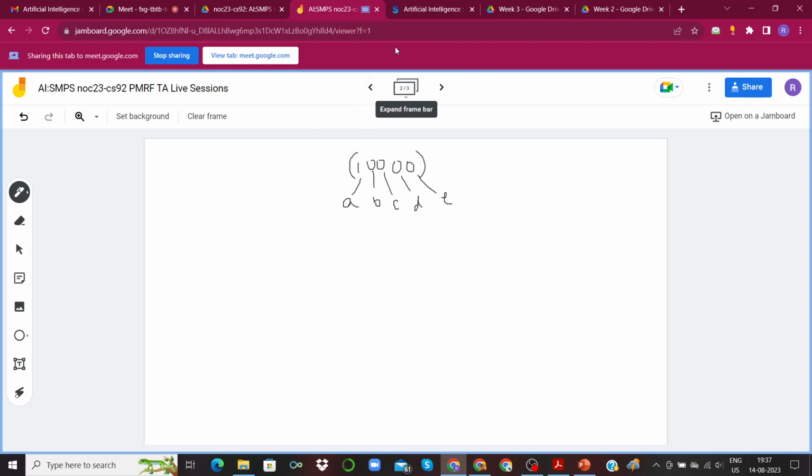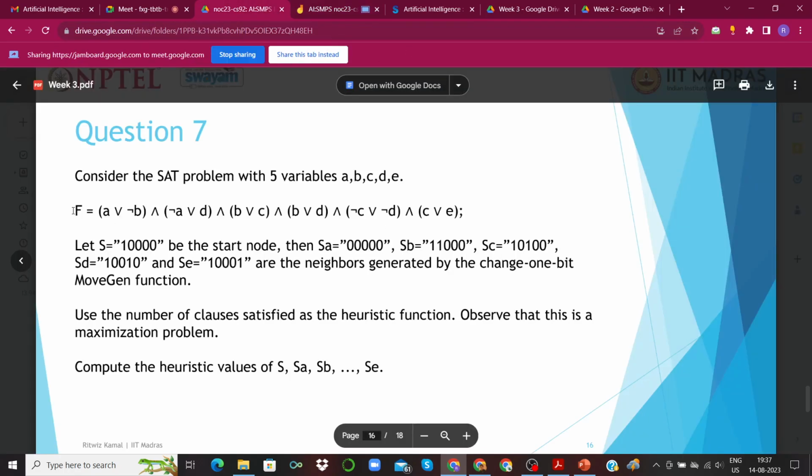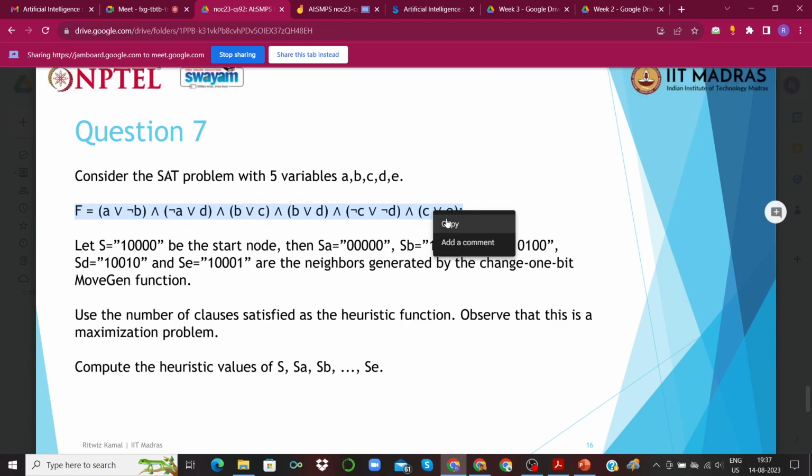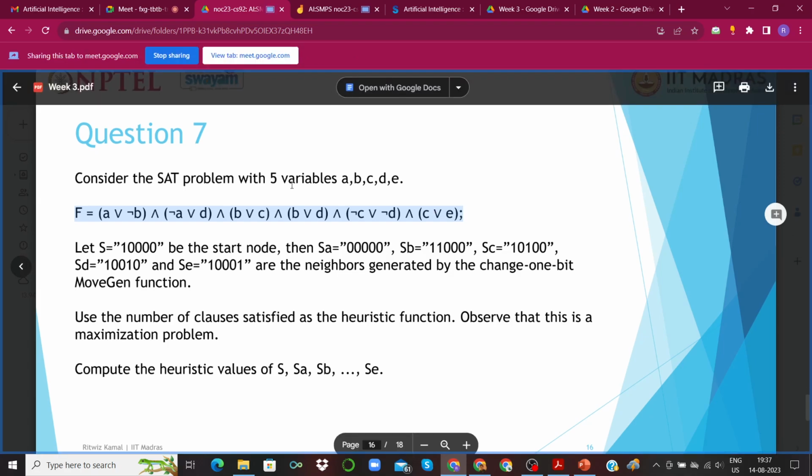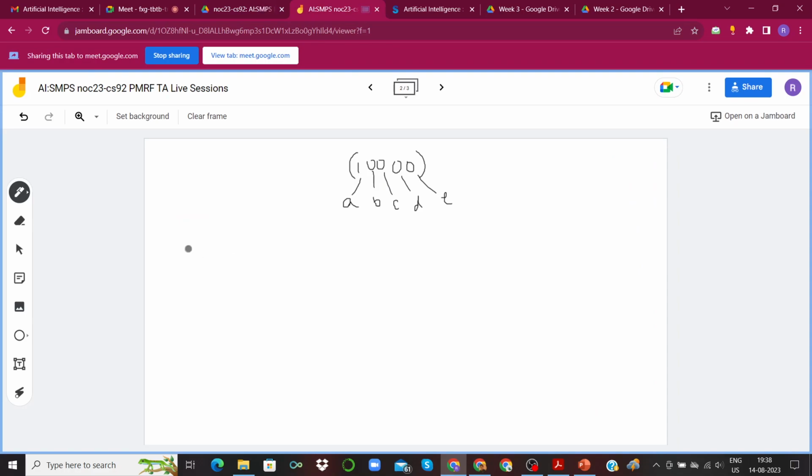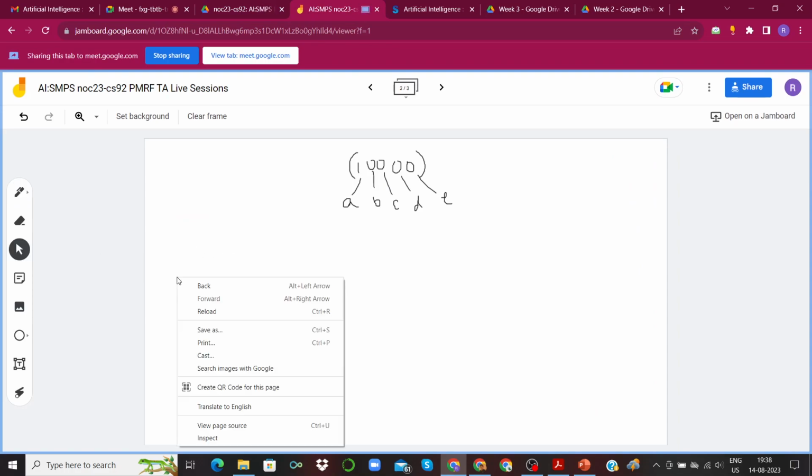If we evaluate our function based on this, we have to see what we get. So let's just do that. This is the formula that we have, and let's just paste it over here.